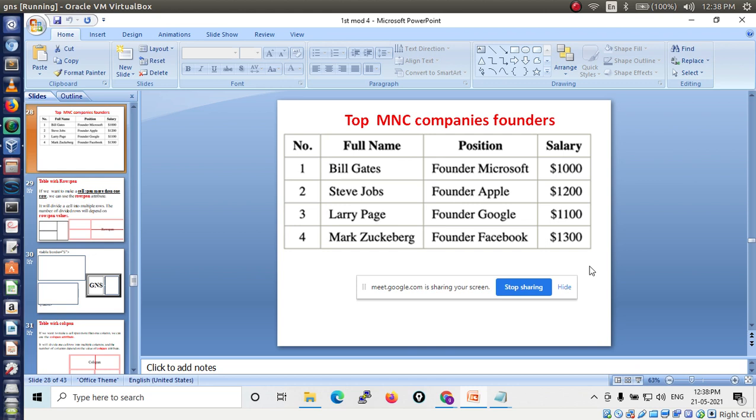Close the table tag. Okay, Sujit, we have written only one row or two rows you have written. Okay, fine. Yes, same. But you have used th. Instead of using th, you can use td, no problem.